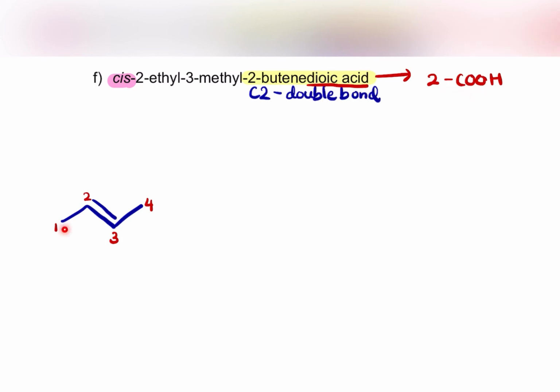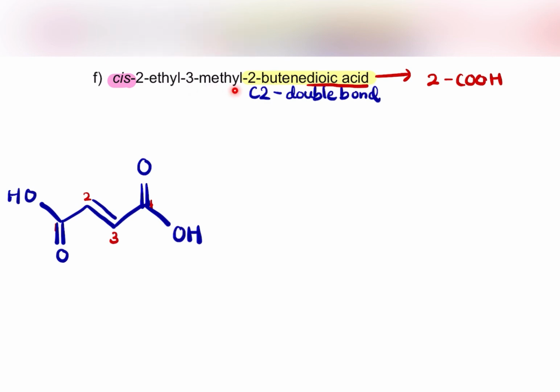I'm going to put this carbon attached directly to double bond O, OH. Same goes for carbon number 4. So carbon number 1, double bond O, and then OH. And carbon number 4, double bond O, and then OH. So this is the parent. And after that, I have